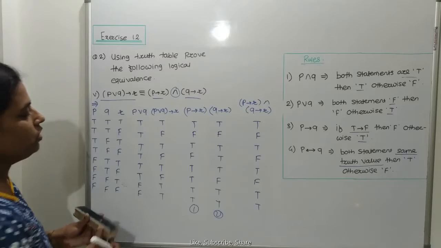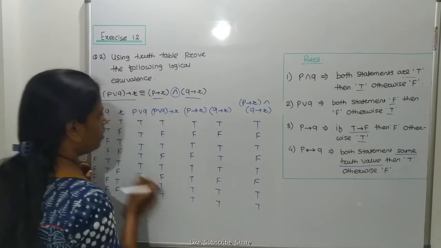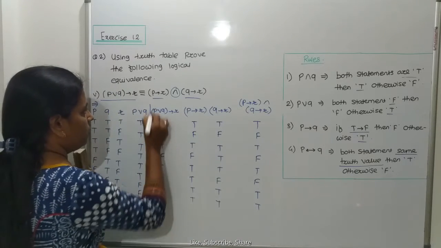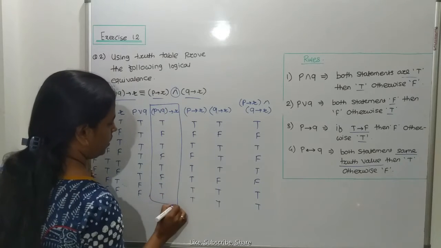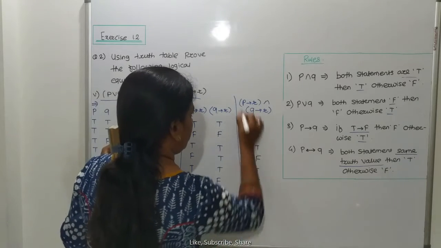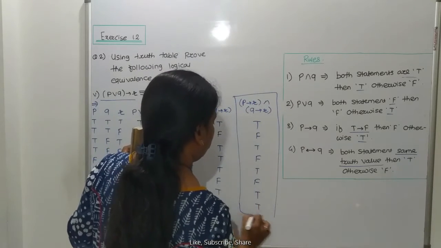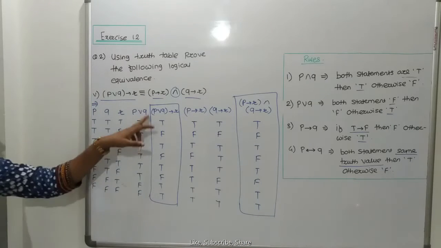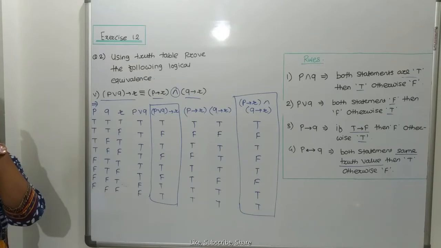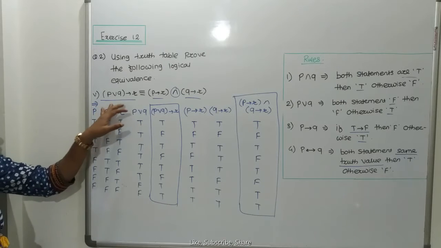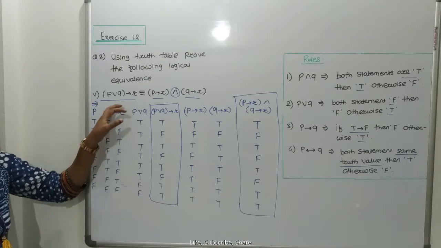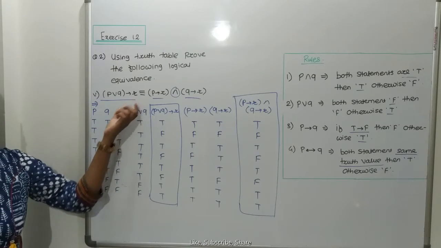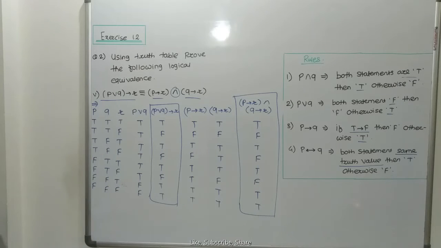Okay. So just observe these two here. This one is your first statement pattern and this one is the other statement pattern. So compare the truth values of each. Each and every truth value matches or is equal. Therefore, we have shown the equivalence of these two statement patterns with the help of a truth table. Next, we have to solve question number 6. If you want to write this, take a screenshot of it.